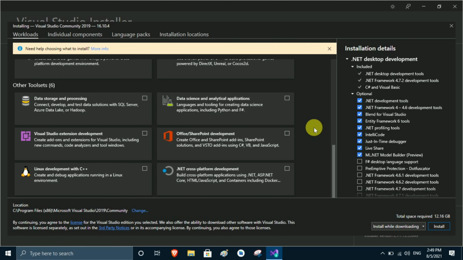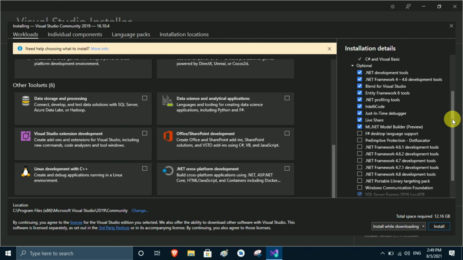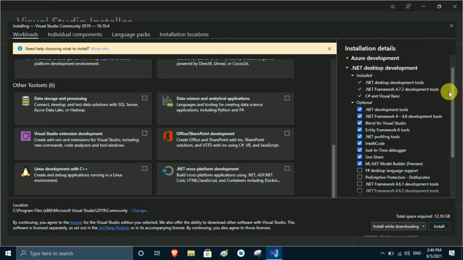So I scroll down and check what things are going to be installed in my system, and here you see many things: .NET framework, LiveShare, IntelliCode, .NET development tools, Blend for Visual Studio and all these things.